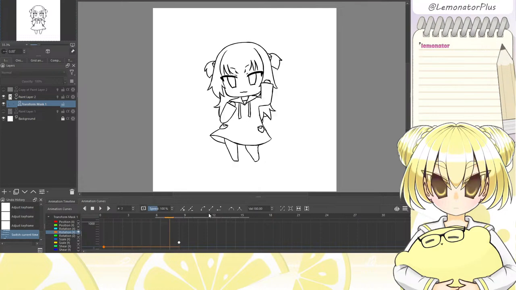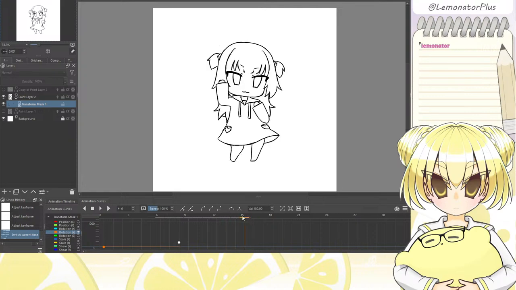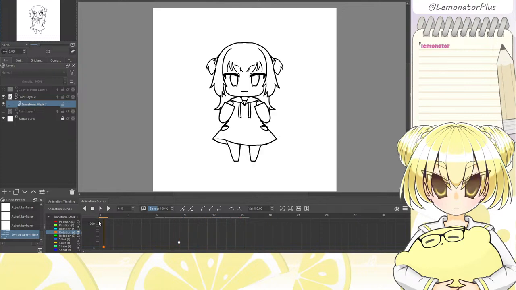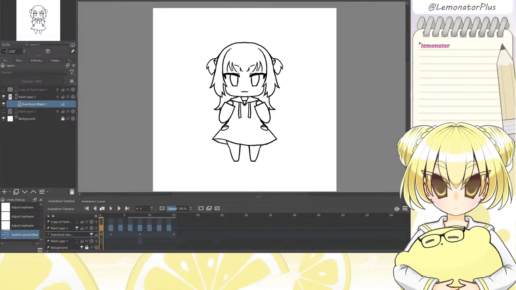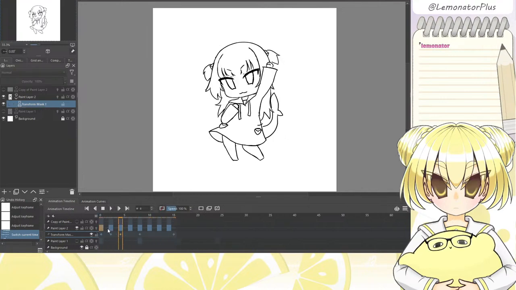And since you can set it to do instantaneous transforms, basically it'll just stay like that until it goes to here, and then it'll do the rest like that. Now she's switching hands. But the neat part about this is that